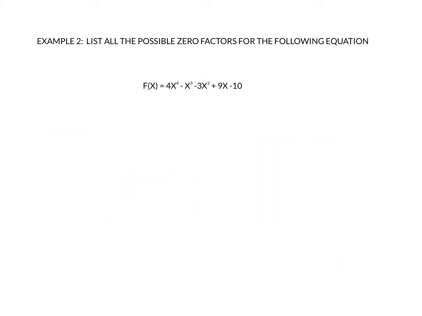Now the harder part comes with this one, where our lead term, our q, is going to have more than one possible factor. Okay, so let's list all the possible factors. Let's start with the back here. So again, our p values are going to be plus or minus 1, plus or minus 2, plus or minus 5,